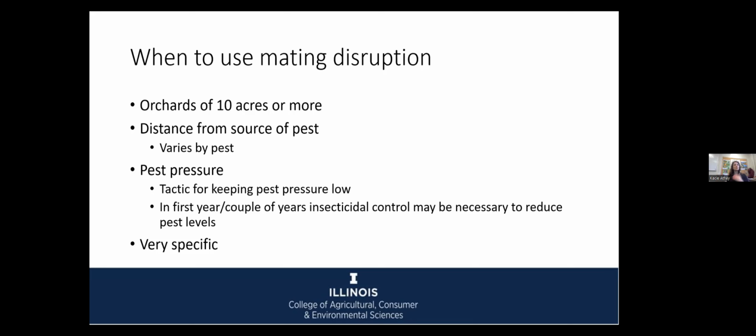But if your pest pressure is high to begin with, you absolutely will have to use other control measures. But the nice thing about mating disruption is it's very specific. It's specific to a given pest. It has no side effects against anything else. It's soft on natural enemies. It has no environmental effects. So it's a fantastic control measure to use, and you can absolutely use it in addition to any of the other controls that you might be using in an orchard.